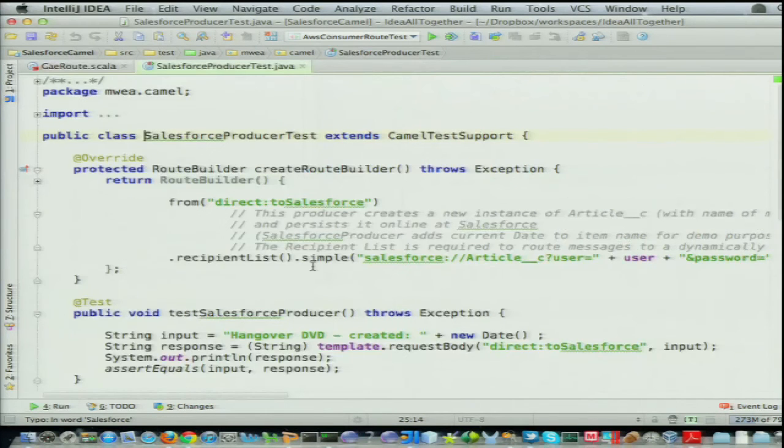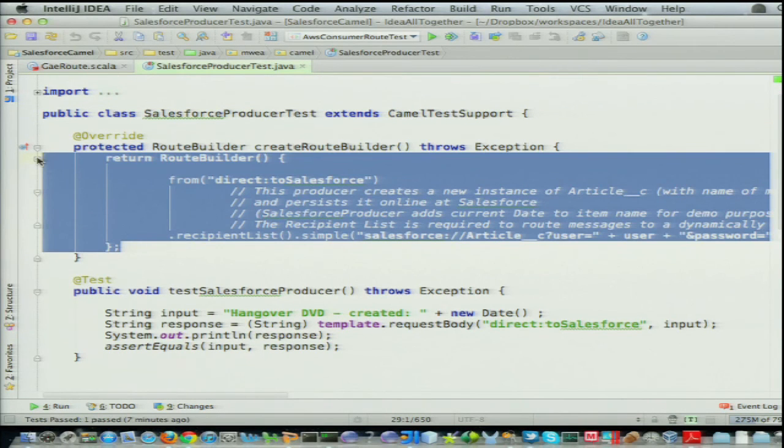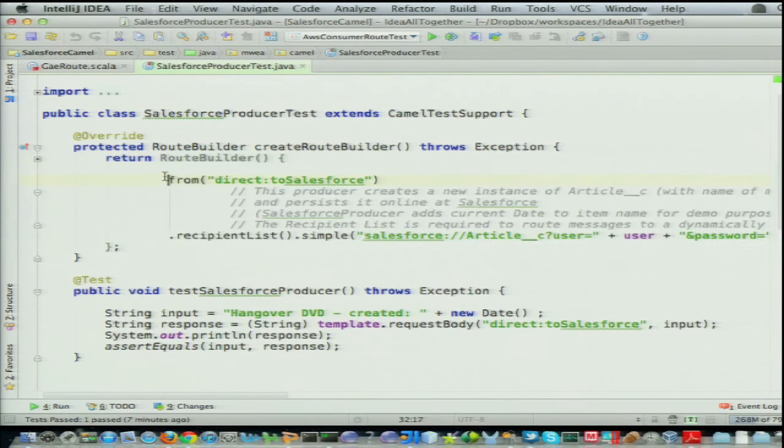Here we have our producer test. So in this test case, I have entered the route directly into the test. That's also possible. And here you see, as you have seen in the slides,